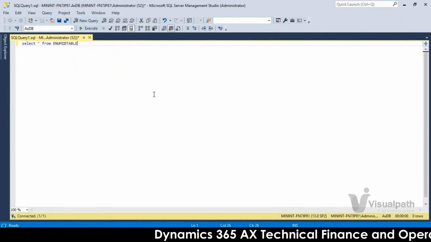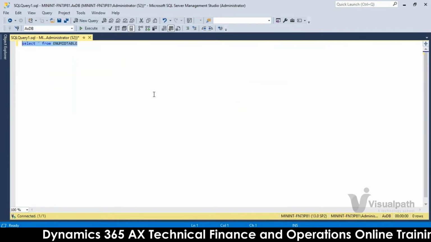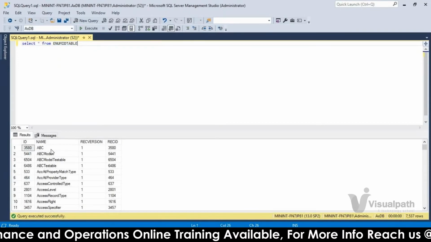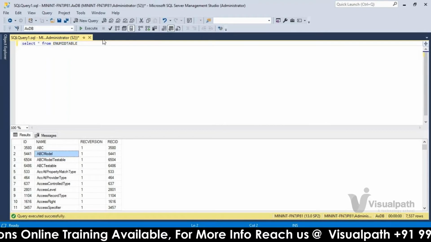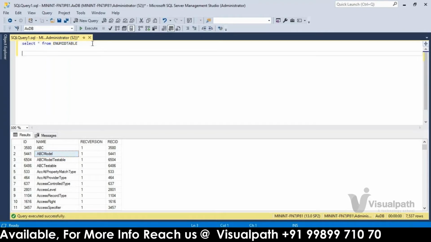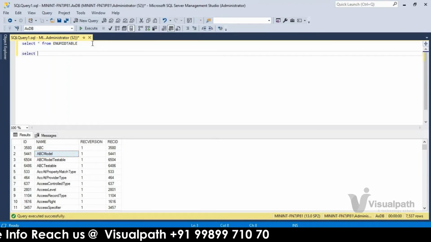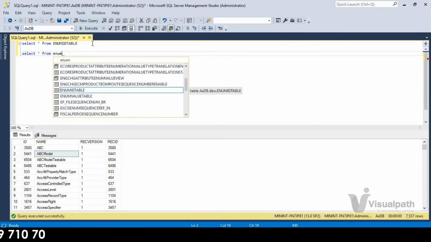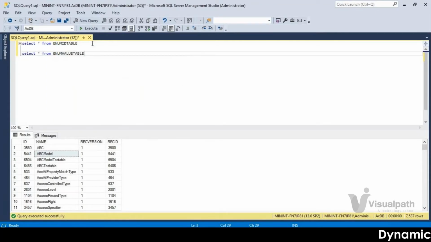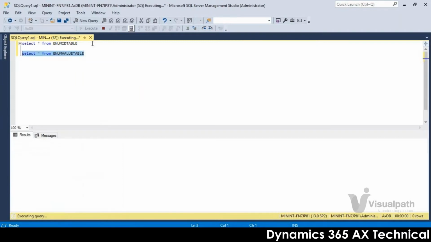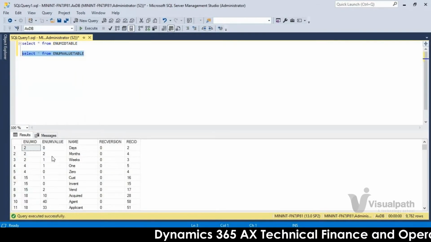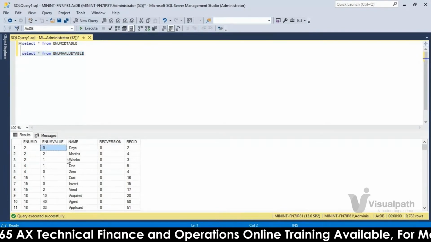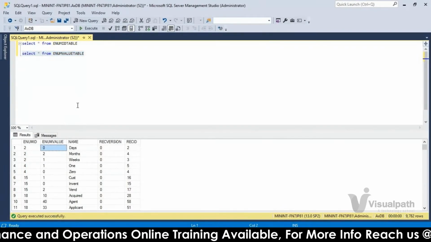It will contain all the enumerations we created. Every enumeration will be available here. See, ABC model, and everything will be available here. And there is one more table called enum value table. These are the values, enum values, whatever you are giving. And this is the enum ID.